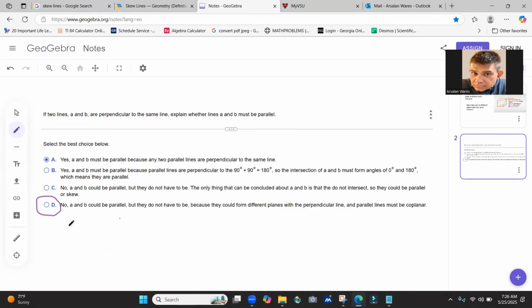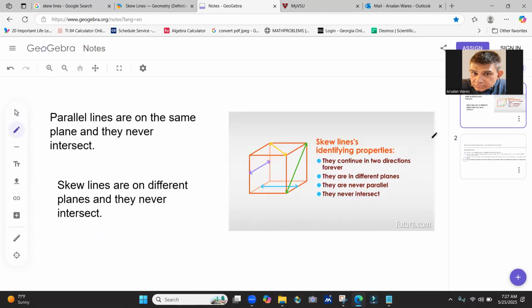Once again, A and B could be parallel, but they do not have to be because they could form different planes with a perpendicular line. Let's go back to our old example. D is probably the best explanation, okay? But C is a very good candidate. So if I start with the two lines that I had originally,